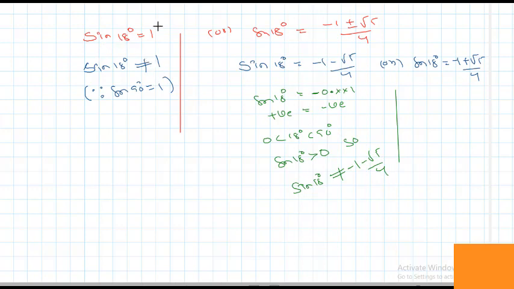One result, sin 18 equal to 1, is rejected. Sin 18 degree equal to minus 1 minus root 5 by 4 is rejected. So the last option with us is minus 1 plus root 5 by 4. Therefore sin 18 must equal root 5 minus 1 by 4. So this is a standard angle. Now onwards, sin 18 degree we want to remember as root 5 minus 1 by 4. Sin 18 degree equal to root 5 minus 1 by 4. So this is the final answer.